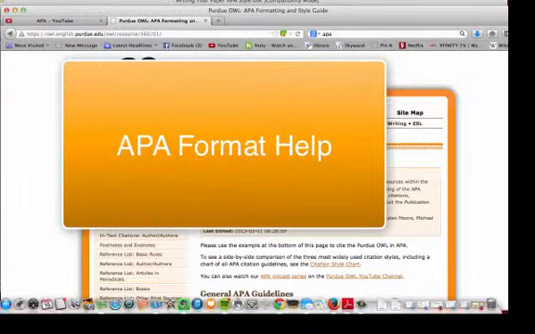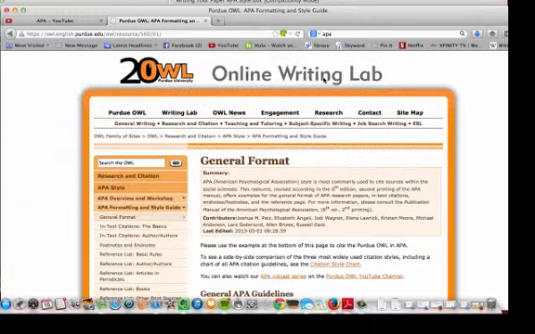Hello, I'm going to provide some extra assistance with APA formatting. This is new to some of you and it might be good review for some of you, but either way, a lot of your grades on your papers depend on this correct formatting. So let's go over some of the key elements that I look for when I grade your papers as far